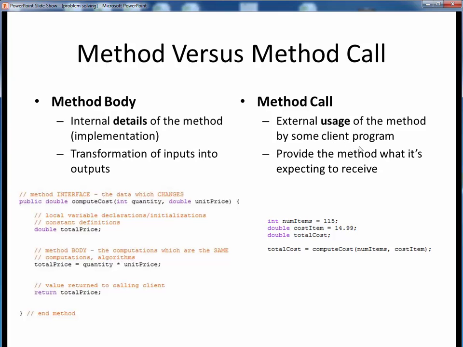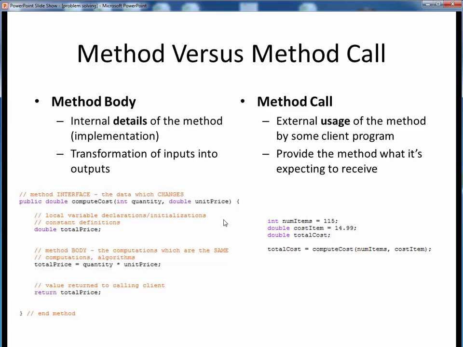All we're doing here is simply providing the method with whatever data it's expecting to receive. On the left side, the method interface tells us it's expecting as inputs an int quantity of something and a double unit price for that something. So any place we try to call that method, as seen on the right, we provide this method name with an int value and a double value, which we've set up beforehand.